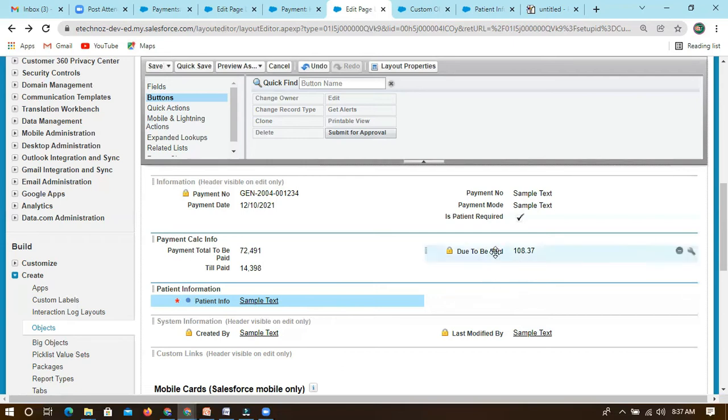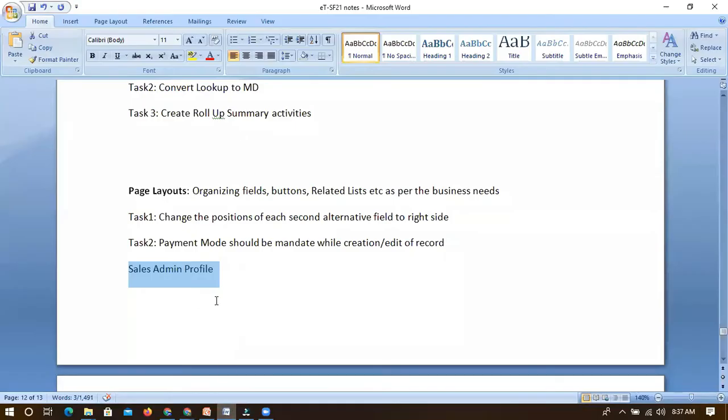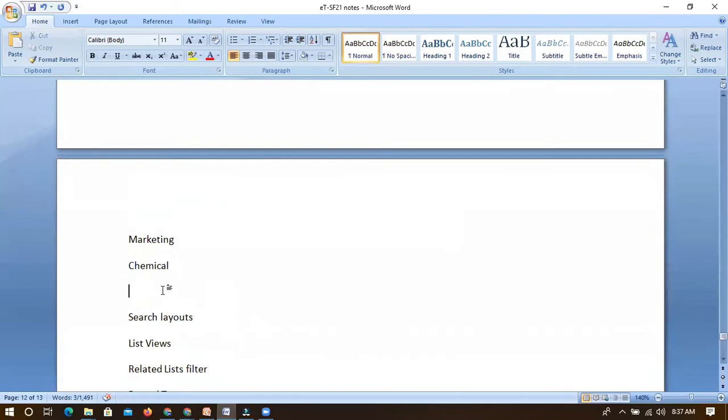If I want to control this, let's take use case one: the field should be available for all profiles.